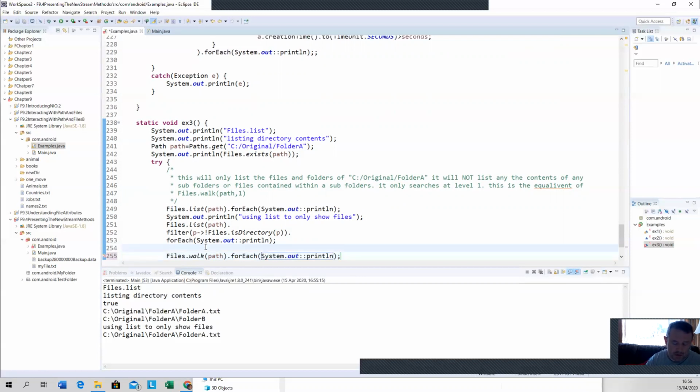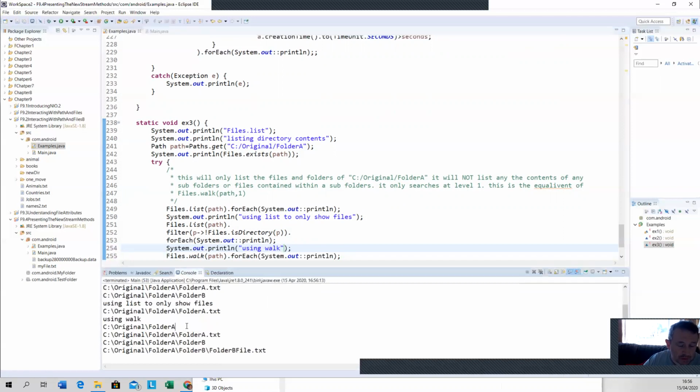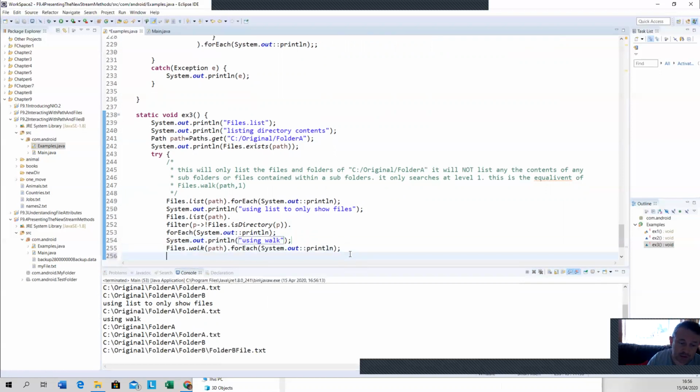So I'm going to say here, using walk, what that does is that displays everything. Displays all of the subfolders. So if we only want to display files, so this one here, using walk to display only files of